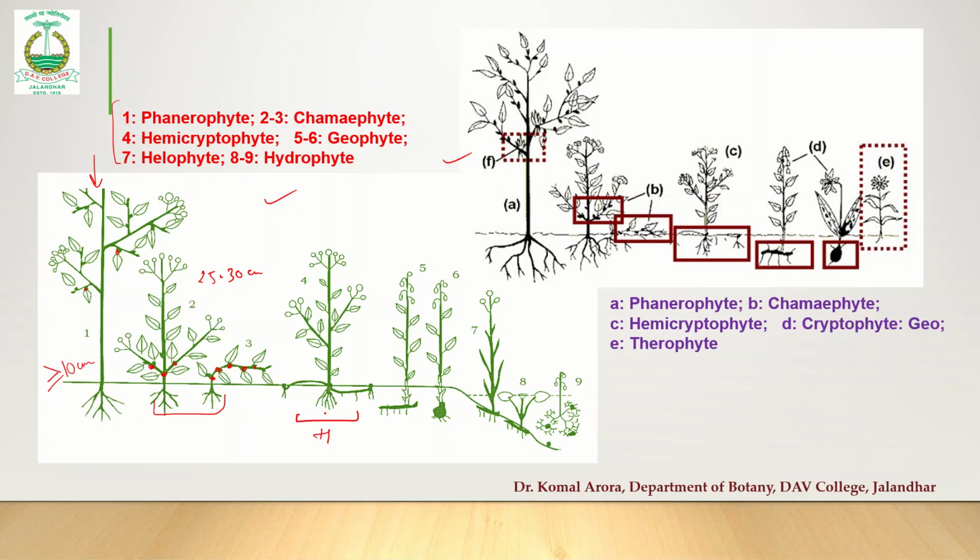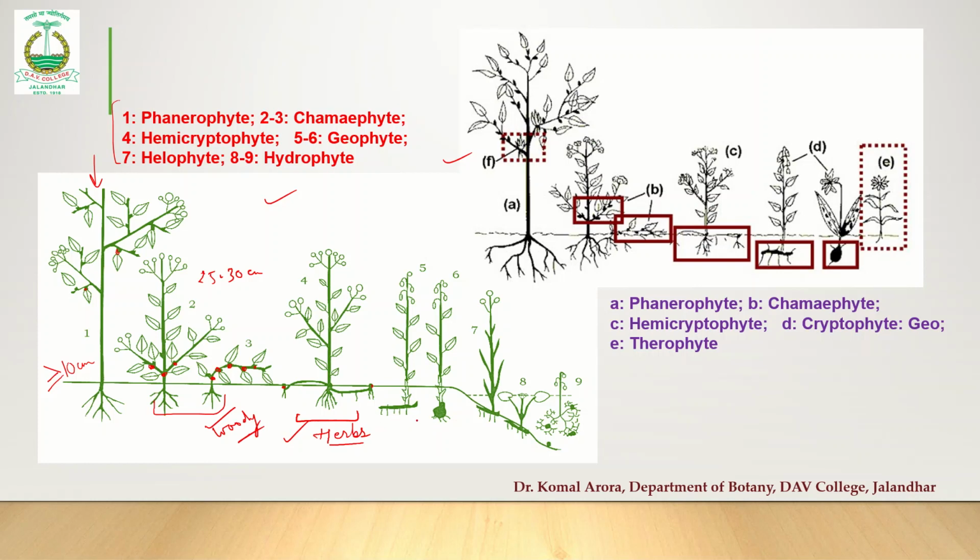Then comes the next category, hemicryptophytes. What are hemicryptophytes? In this we have the plants, their buds are present just close to the soil. It is touching the soil. Okay, and these are herbaceous plants. I told you, you can remember this from hemicryptophytes, H. So these are all herbaceous plants. Their buds are also close to soil. The difference is these chemiphytes are woody plants, whereas the hemicryptophytes, they are herbaceous plants.